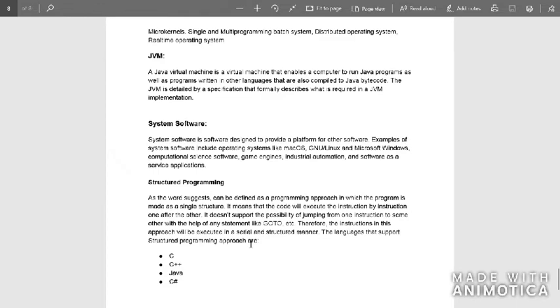The languages that support structured programming approaches are C, C++, Java, C#. What this means is, if you have written some set of code, the code will be executed in the order you have written it.